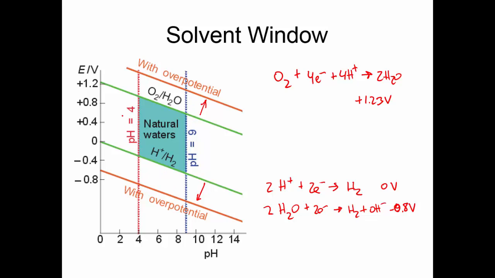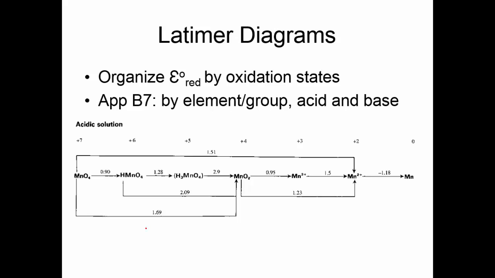But that's what this is illustrating here, the window of stability for a chemical depending on the solvent and the pH of the solvent. Now, how do we find the reduction potential of a particular element? Well, the best way is using a Latimer diagram, because this is organized by oxidation state and also by element and by group in the appendix of your textbook. So if you want to find the particular standard reduction potential for a particular element in a particular oxidation state,